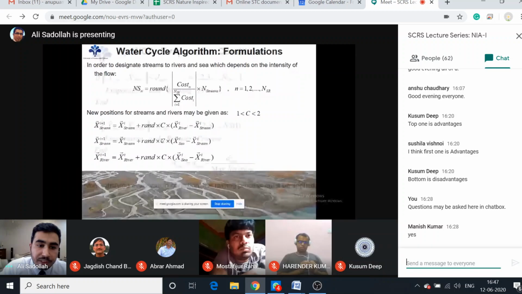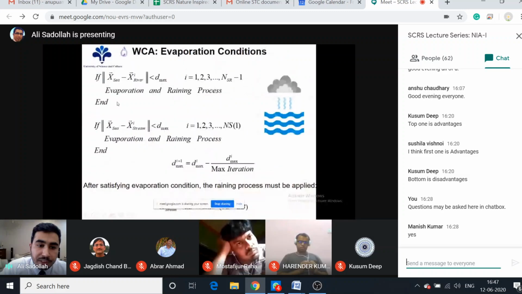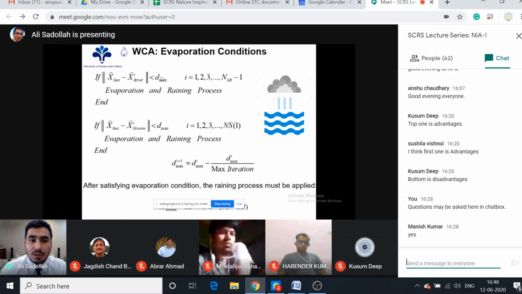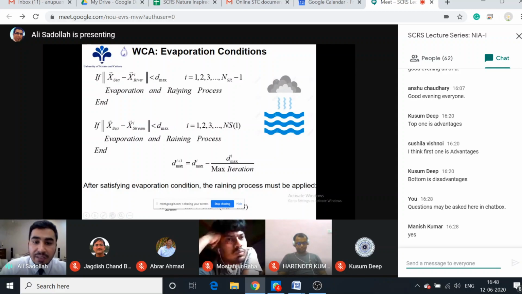After that, we go to the evaporation condition. For the evaporation condition, we assume that if the position of the river and sea is very close to each other, this is the first rule of meteorology. If you remember, in my first lecture I mentioned this first rule: we should avoid collision. If the distance between the sea and river is smaller than Dmax, we determine the Dmax. Dmax is already a small number, but at each iteration we also reduce the value of Dmax as iterations go. Dmax depends on your precision, how much accuracy you want. If the Euclidean distance of sea and river is smaller than this value, then go for evaporation. Then the evaporation condition is satisfied, and we have the raining